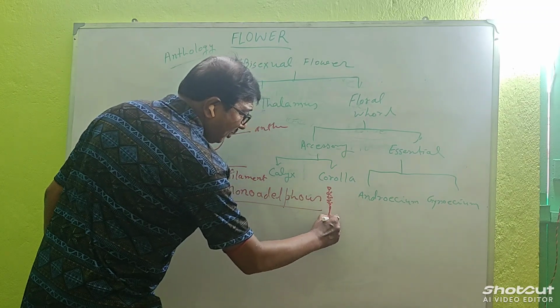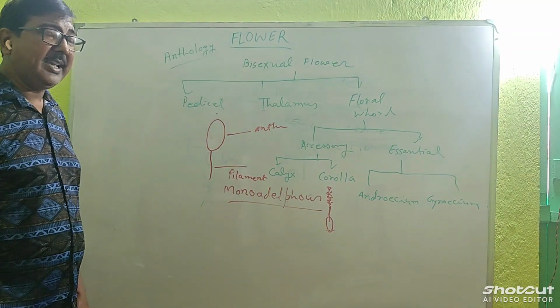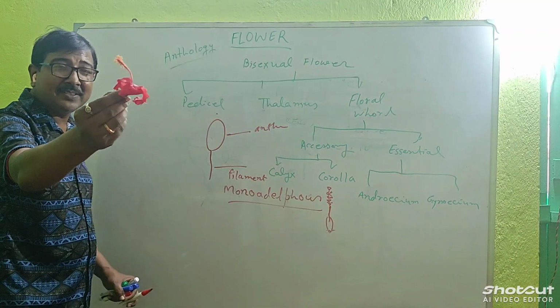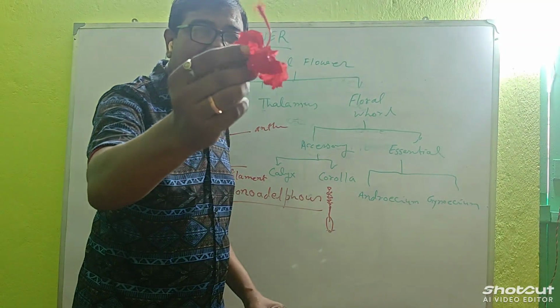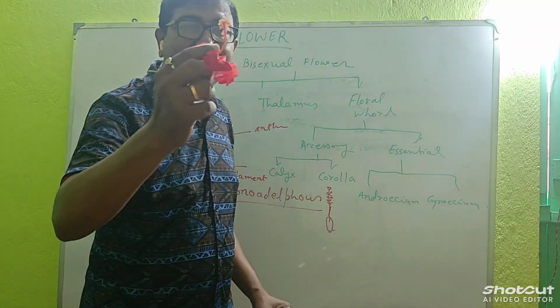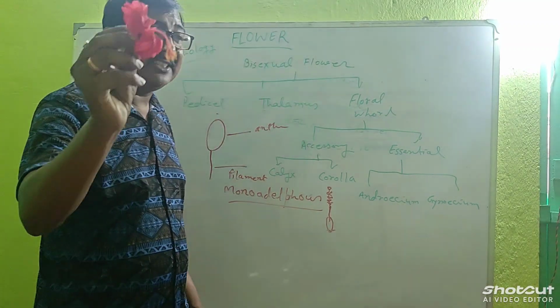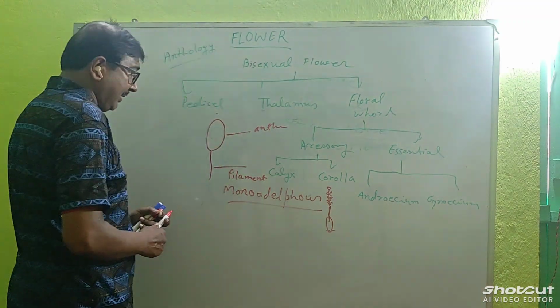These are the monoadelphous. Okay? Example, see this flower. This is monoadelphous. The stamens are attached to each other, but the ends are free. This is monoadelphous. Okay? And in some flowers,